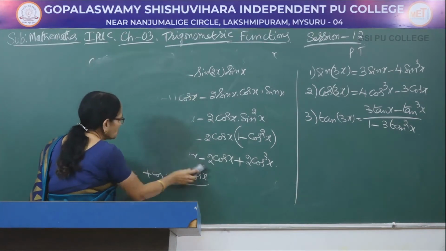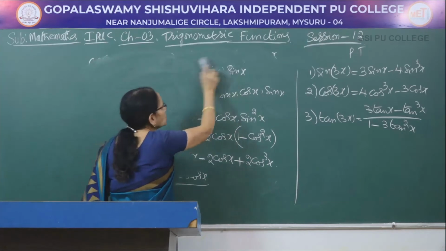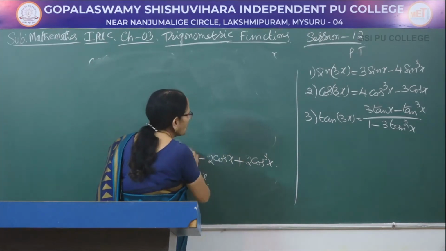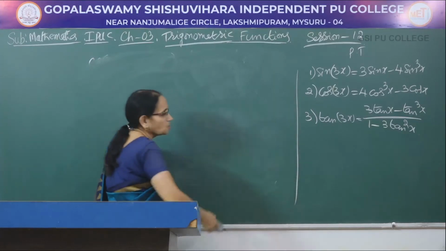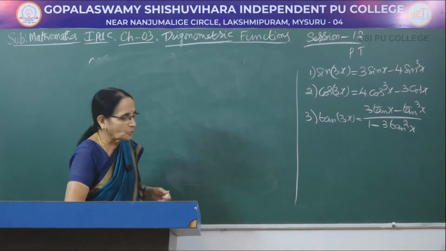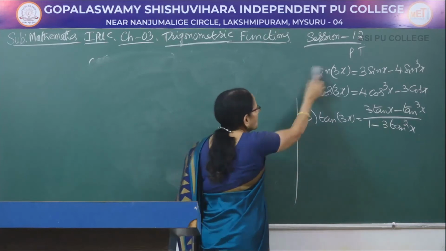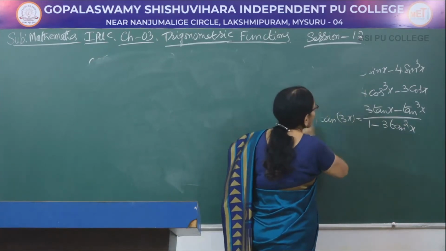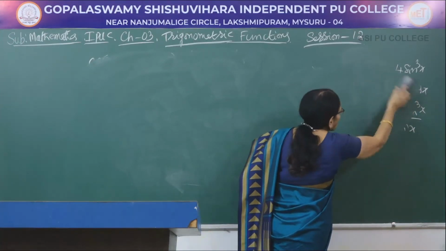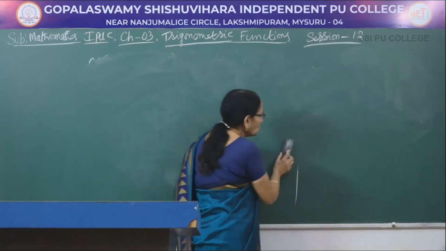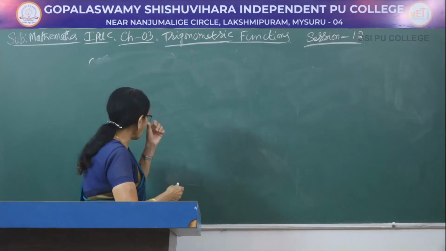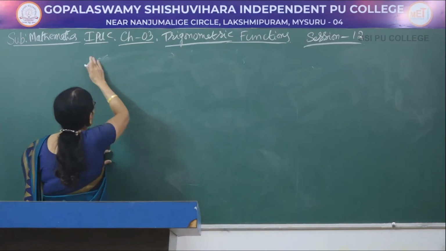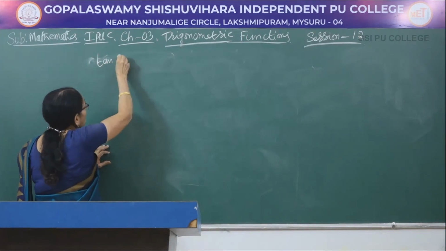So, first split the angle as 2x plus x. Apply the compound angle formula. Then for the expansion of 2x, now you use the multiple angle formula. Then we are using the basic identity in the case of the first two formulae. Now we go to the third formula. That is, we are calculating the value of tan of 3x. The procedure is same here also.